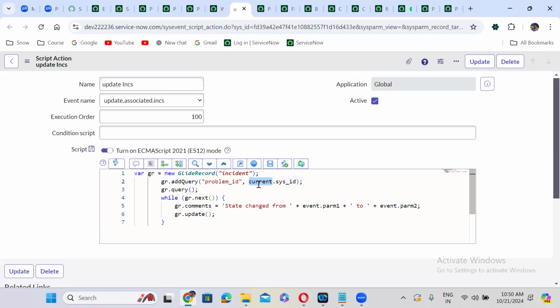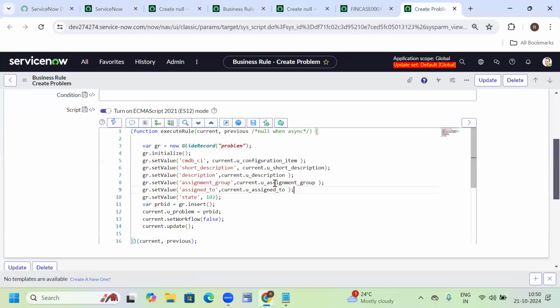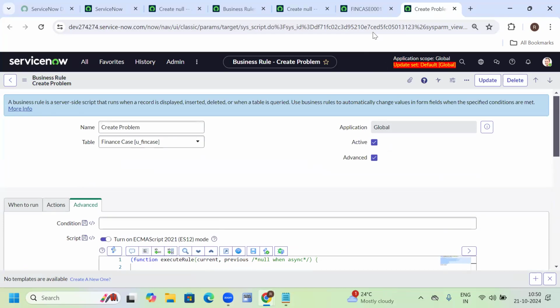Hi, Uday. I was practicing on the business rules one, and I'm not able to create this problem record through the finance case. I don't know what is going wrong. Can I share my screen? Yeah, you can share your screen. So this is the business rule that we wrote. It's a simple thing, but when I activate this particular business rule